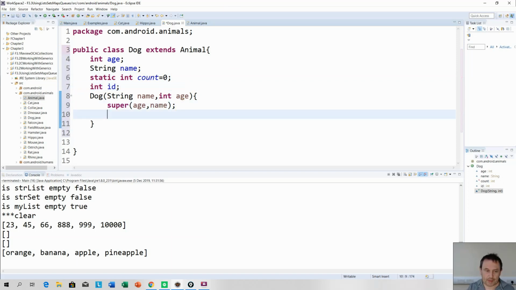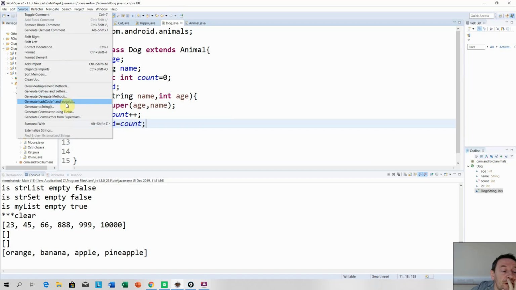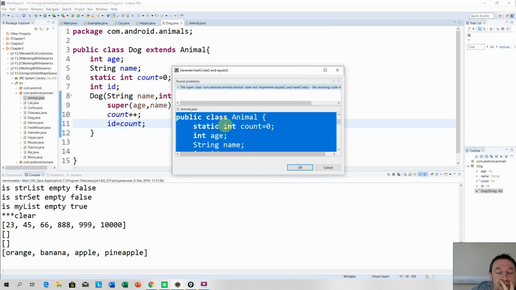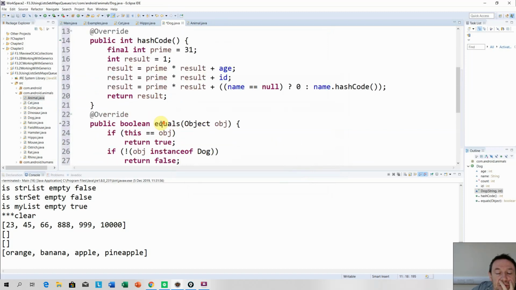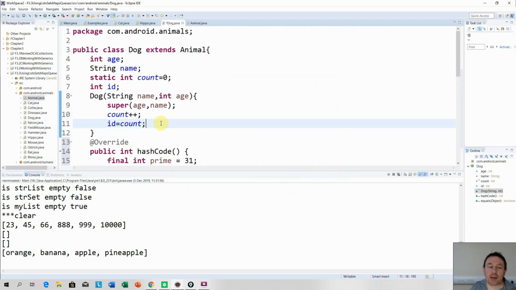Okay. All right. So I'm going to go Source, Generate hashCode and equals, age, ID, and name, Generate. Okay. Now, we'll ignore the Animal class for now, but the way I have it constructed,